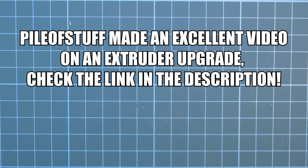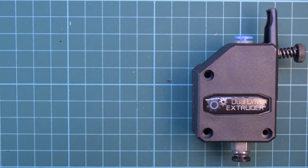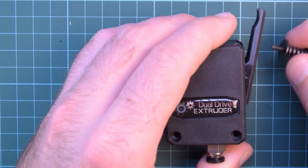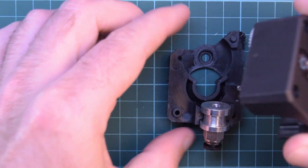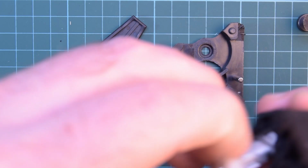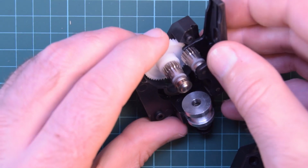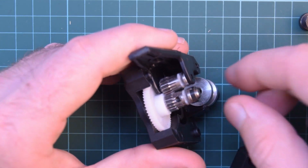So what's the solution to stripped filament? Well, a company called Big Tree Tech developed a BMG style extruder. This is not one of those. This is a copy. It's a clone of that, but it should work just the same. This one here has dual gears. So one gear here and one gear on this arm, and they mesh together, and when the case is supporting all this,